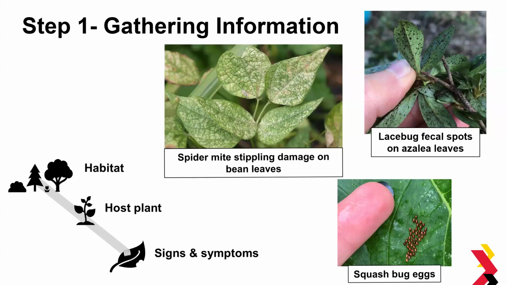And then some other things as we're zooming in closer on our plant, looking for those signs and symptoms of pests. We can see different types of damage categories, like our stippling damage we can see from spider mites on our top left. We see those individual yellowing colorations and discolorations on our plant leaves. We can see fecal spots showing up on the bottoms of leaves from particular pests like lace bugs,